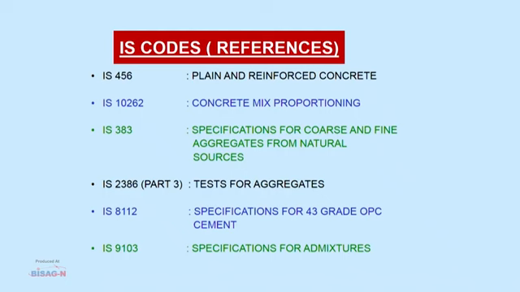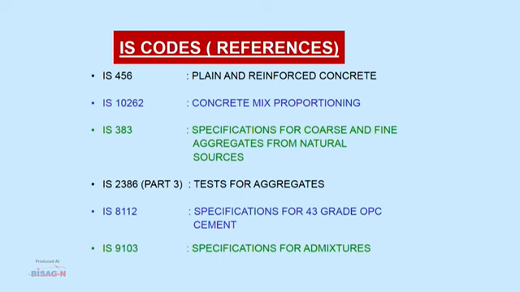Concrete mix design is a process of finding the right proportions of cement, sand and aggregates for concrete to achieve target strength in structures. Today, we will try to learn the concrete mix design steps through an example based on IS 10262. To understand the concrete mix design better, first of all, we should know what the codes of practice to be followed are.